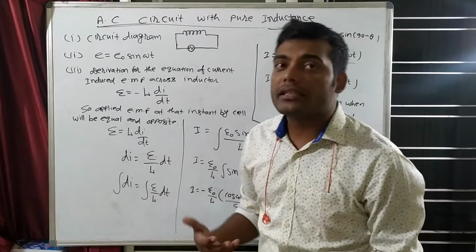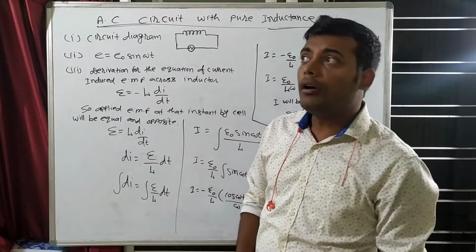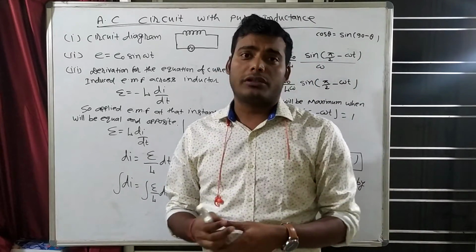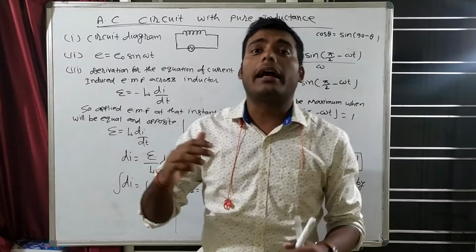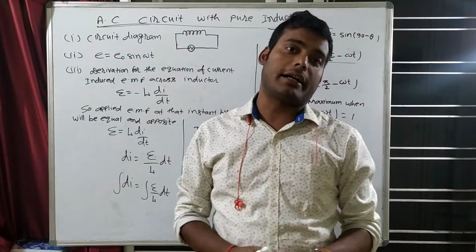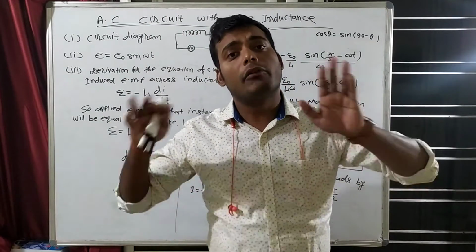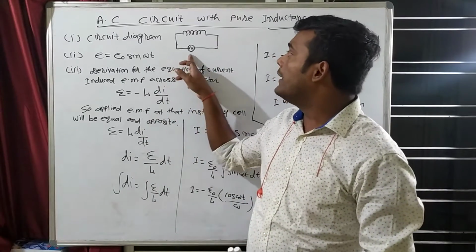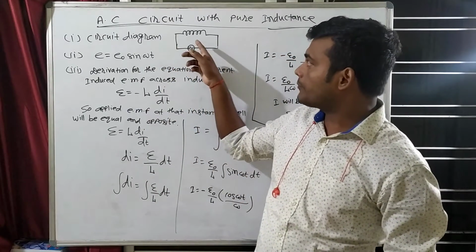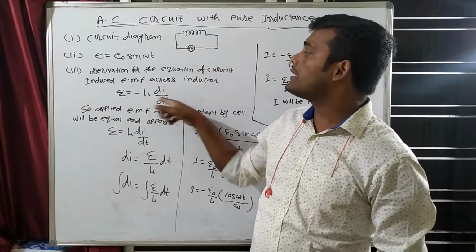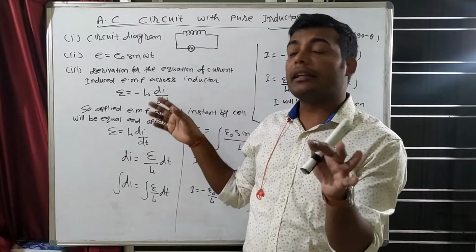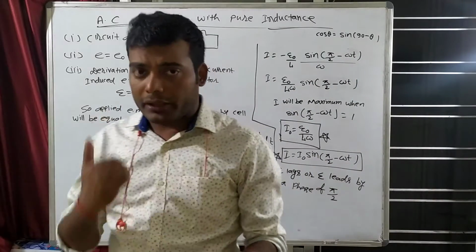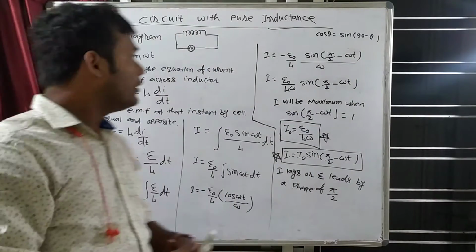And there we have discussed Lenz's law also. What is Lenz's law? It tries to oppose. Suppose current increases, then according to Lenz's law, we want to decrease the current. If anything is increasing, we want to decrease it. For example, suppose EMF increases. So induced EMF is minus L di by dt, and I think the EMF should be opposite of it. Whatever the thing increases, we want to decrease it.